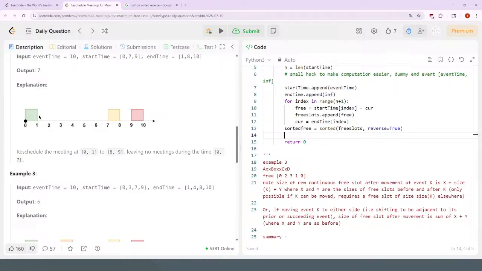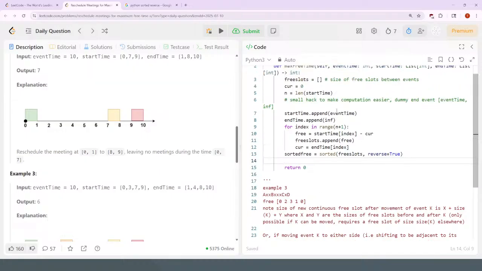Yeah. I can track it by creating a tuple rather than a single value for the free slots. The tuple would have the free slot, start index, and the end index, such that